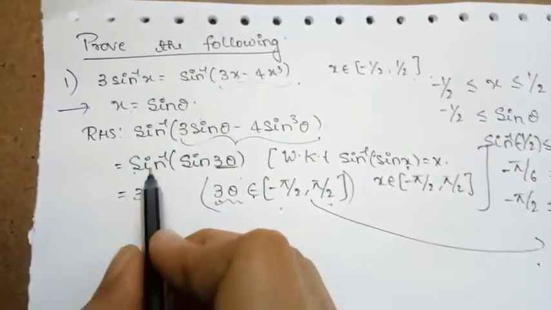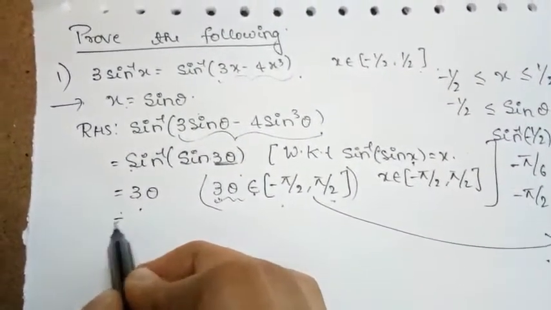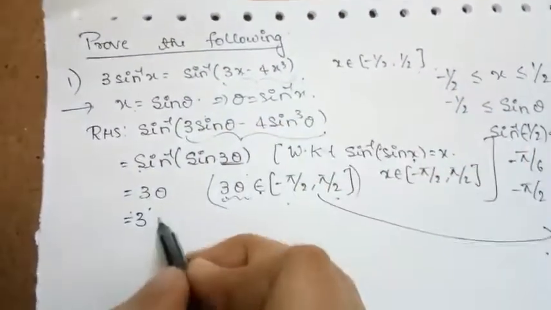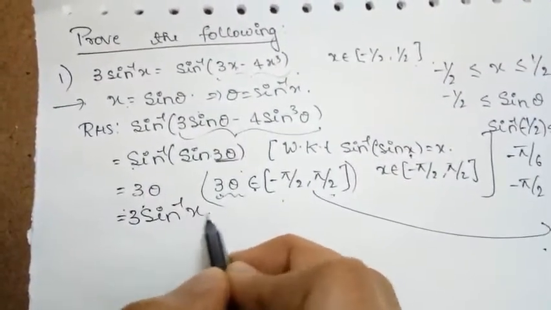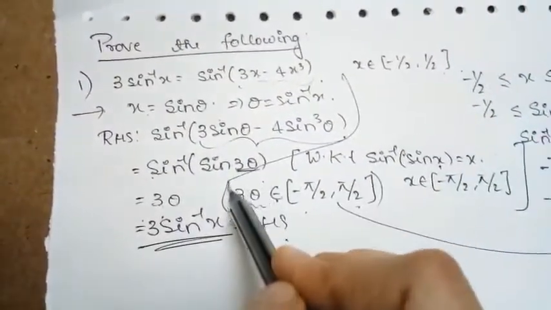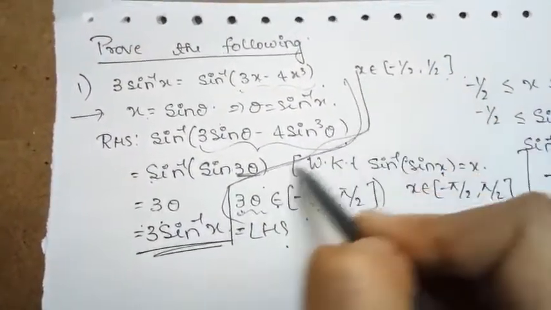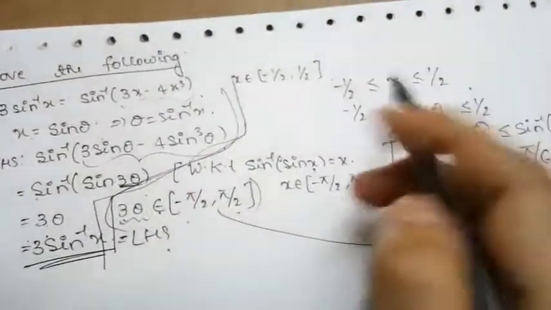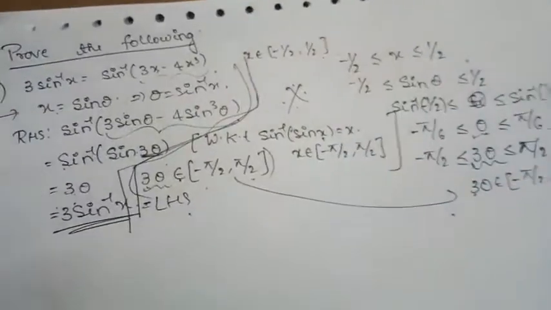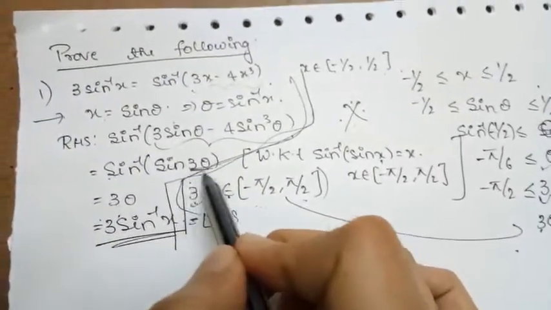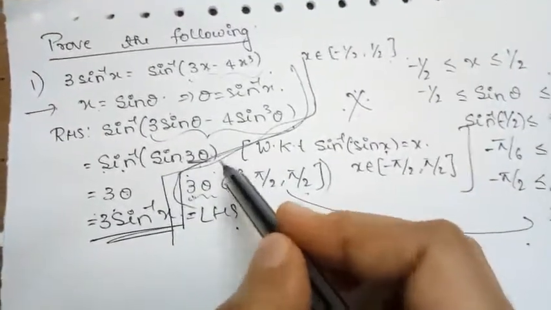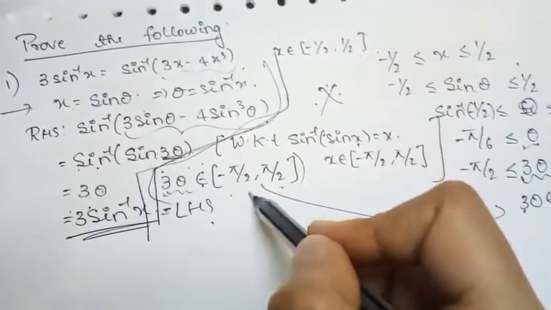So we can write sin inverse of sin 3 theta is equal to 3 theta, where theta is nothing but sin inverse of x. So I am replacing it by sin inverse of x, which is nothing but our LHS. Most people while solving concentrate only on this much. We are least bothered about these concepts, but this is also very important, because we must know when we write sin inverse of sin x is equal to x, whether this 3 theta is satisfying this condition or not.